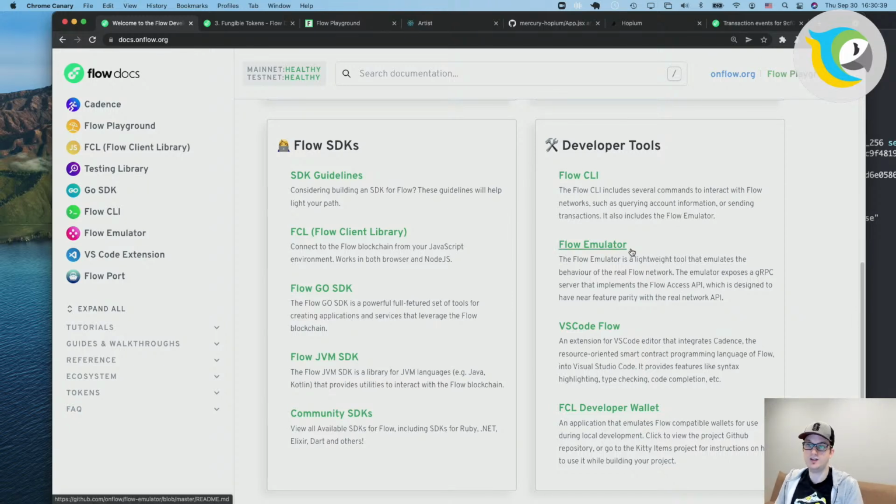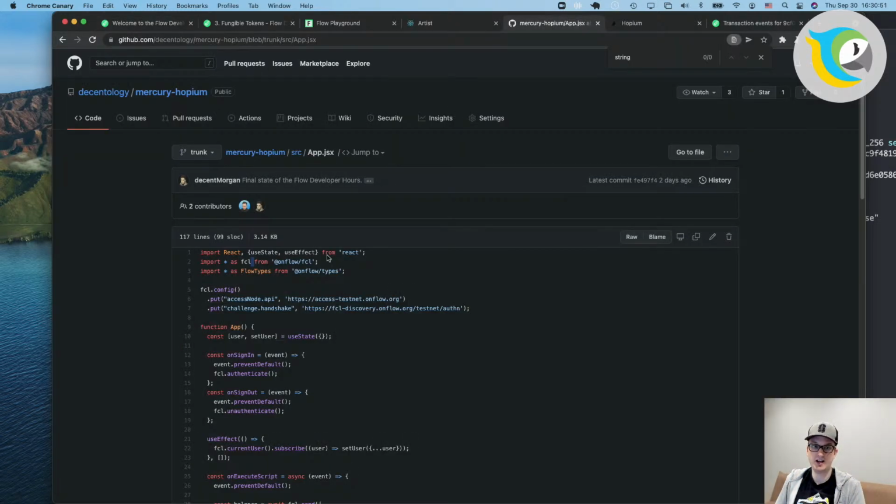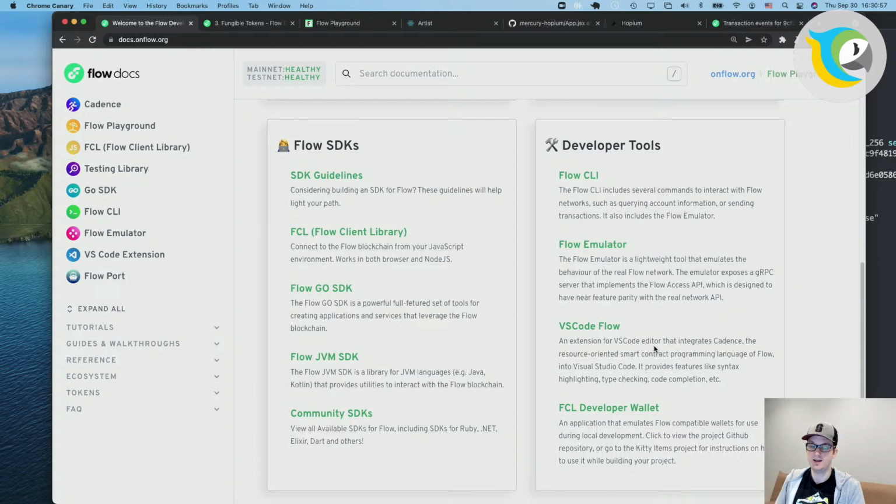Flow emulator is a local instance of the Flow blockchain running locally. It's useful for unit tests. It's useful for rapid development. We're using the Flow testnet right here just because it's easier to set up. But when you think about local development, it takes a little longer to set up, but it provides